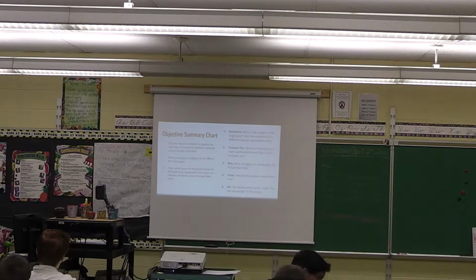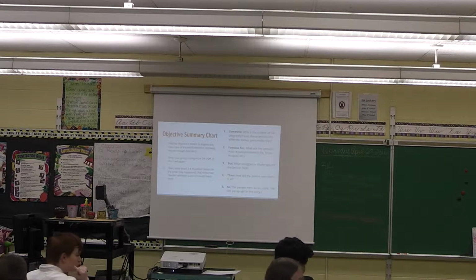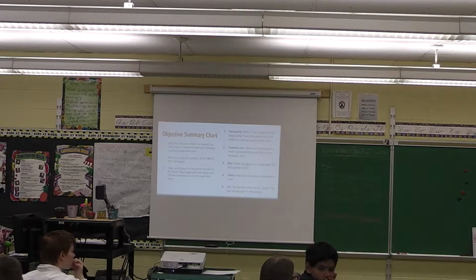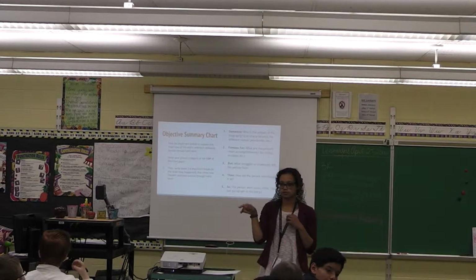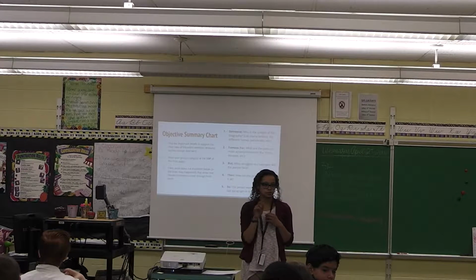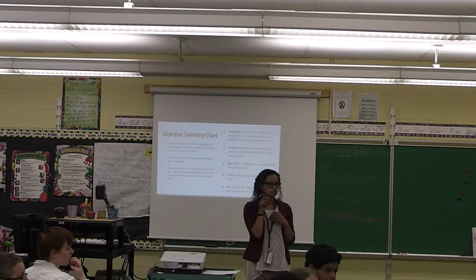Just get with the people around you and make up 5 groups, like maybe you 4 be together, you 4 in the back be together. Just the people that are next to you in your row, just get into a group. Yeah, we have 21. There's one person missing, so that's an odd number. Okay, so whoever is maybe the last one in the row, just join whichever group you want to join.